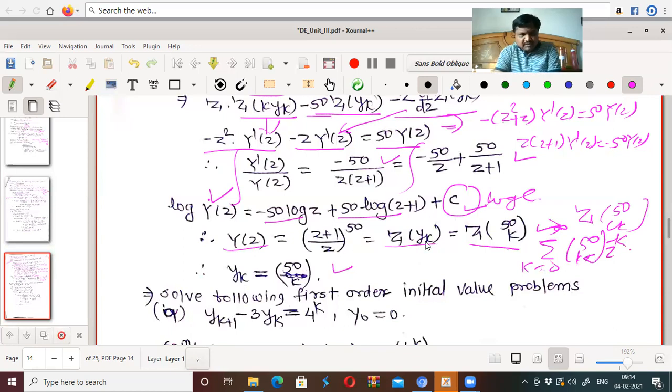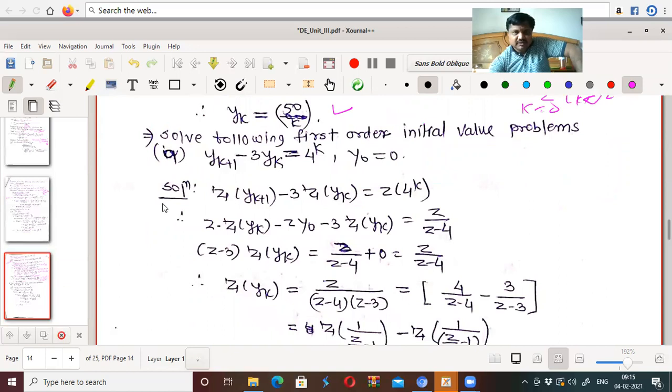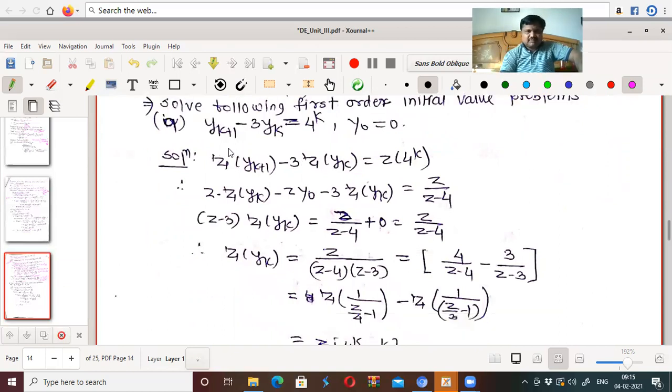I think this formula you haven't obtained. For a while we consider the z transform of 50 ck is z plus 1 by z to the power 50. Actually, have you obtained the z transform of 50 ck? Okay, not till here, but it is somewhere. So we will go for that in the next lecture also. That is how the z transform of 50 ck is this one, z plus 1 by z to the power 50. Okay, in the same way, such types of more examples you can solve.